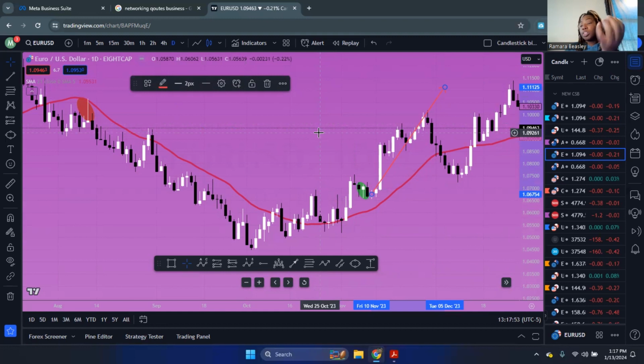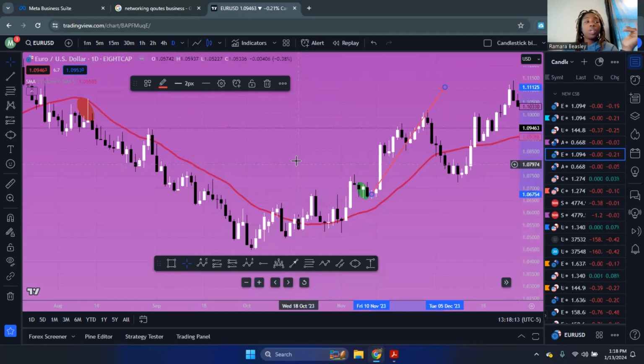So that's how you can identify the pin bar. That's how you can trade the pin bar in either side of the trending market, going down or going upward. That's why they say it's best to learn this with the trend first before you start going over to range bound markets and counter trends. That's going to overcomplicate you.